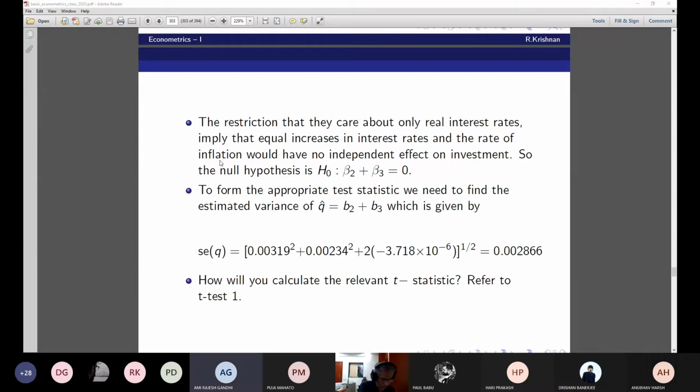Yes. I'm giving you, wait a minute, I'm giving you for some other problem. For this problem, I did not give you. So that is what I asked you to calculate the t-stat. There is one piece of information that is missing: the 2 into covariance of B2, B3, which I have not given you. This comes as part of the output. The entire output I have not given you. For some other problem, I'm giving you so that you can see what happens there. Okay, what's the next question? Somebody else was asking, is it possible to calculate this minus 3...? Yeah. The computer packages calculate it as a routine matter.